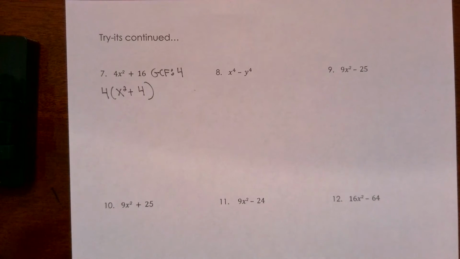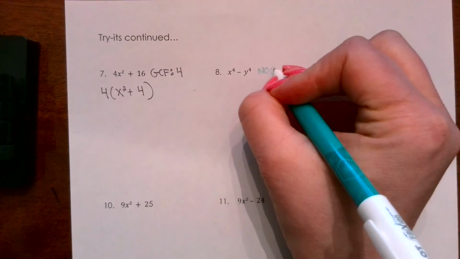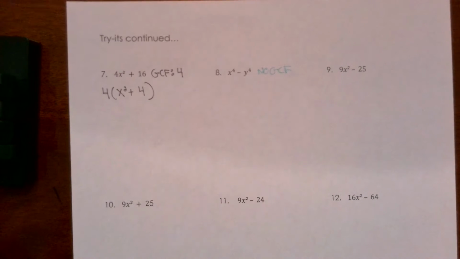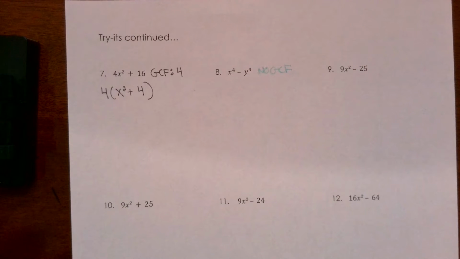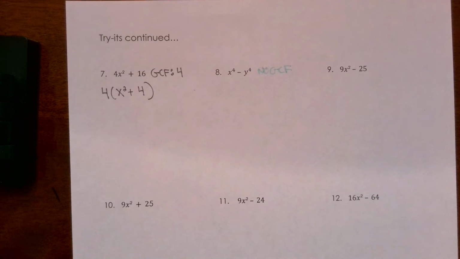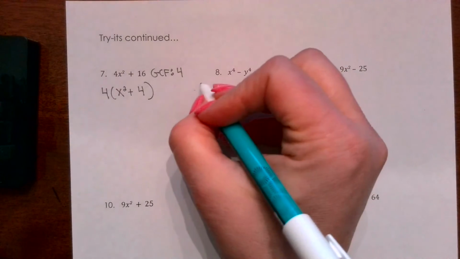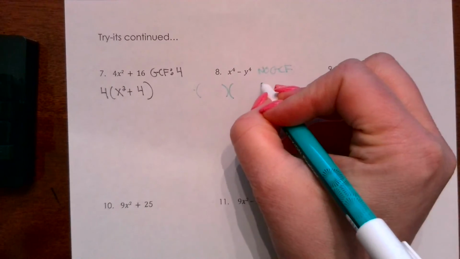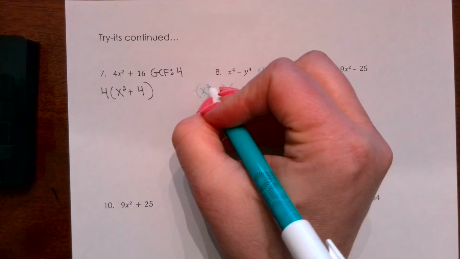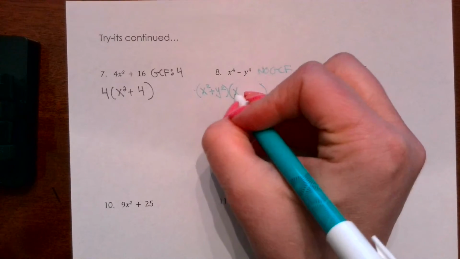I cannot factor this anymore. Looking at my next example, I've got x to the fourth minus y to the fourth. There is no GCF for this particular binomial. Let's see if it's a difference of squares. Do I have perfect square coefficients, 1 and 1? I do. Do I have subtraction? Yes. And do I have even exponents? Yes. So this can be factored. I'm going to put x squared plus y squared, and x squared minus y